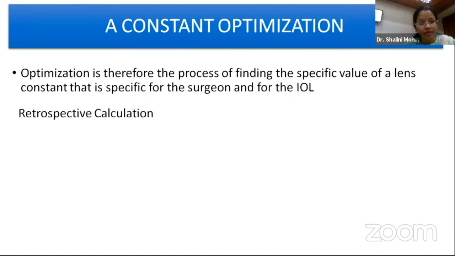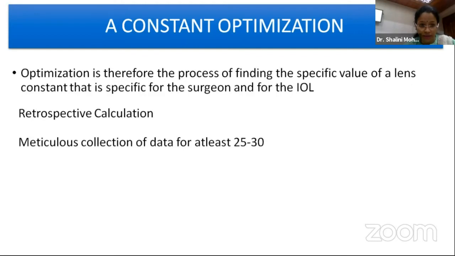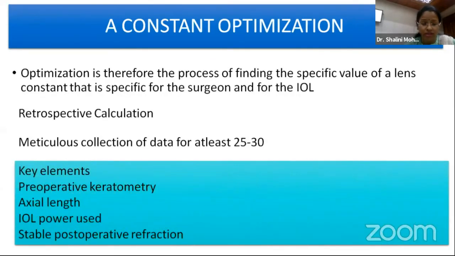So it is a sort of retrospective calculation in whatever data we have available with us. So we need to collect data. If you can collect data of a good number of patients, obviously the results will be good. But practically, if you have data of 25 to 30 patients for one single lens, it is also very nice. So the key elements are you should have a preoperative keratometry, axial length, IOL power which is used, and